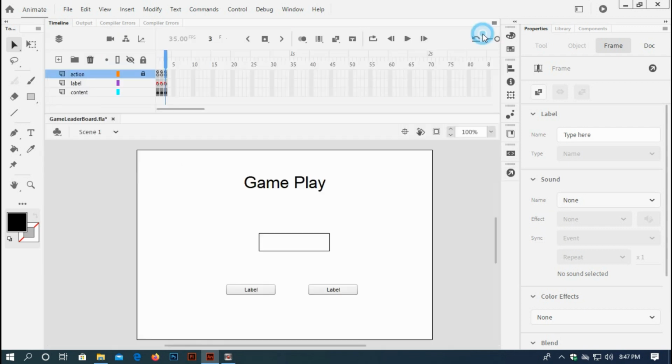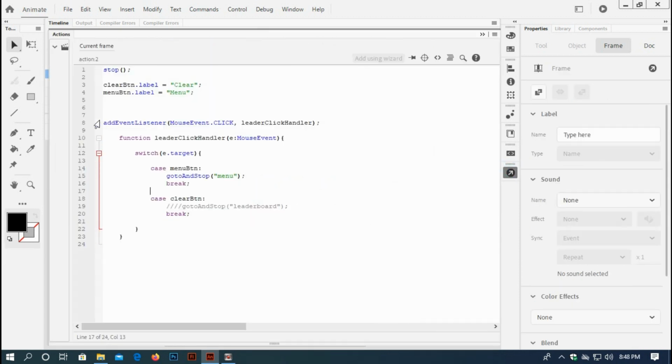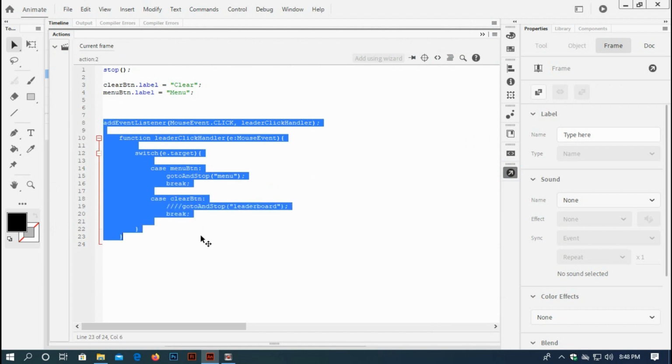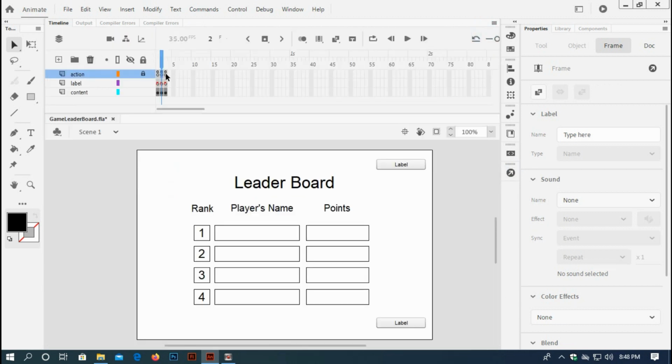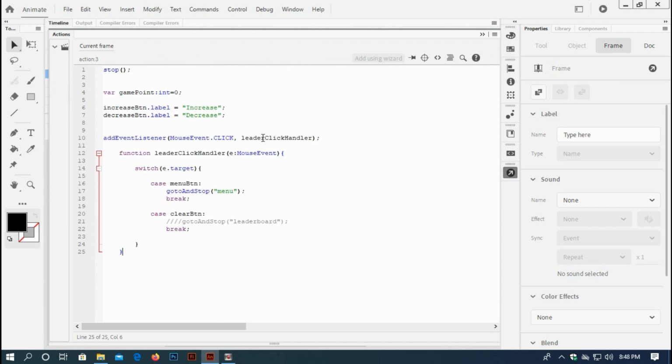Okay, first I have to create this button listener. So the previous, just copy this event listener, paste it here on game frame and change it to